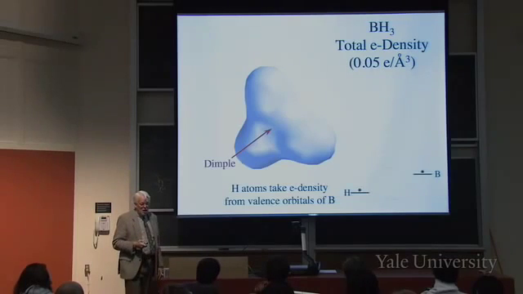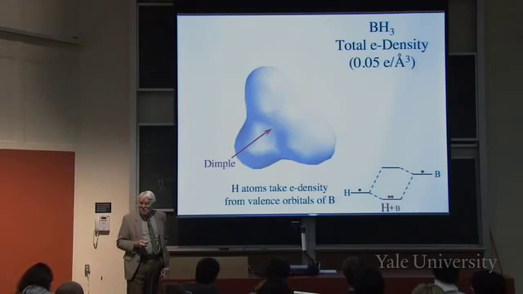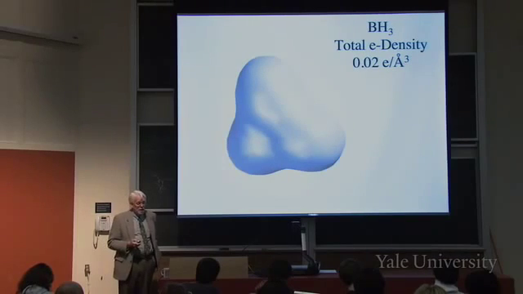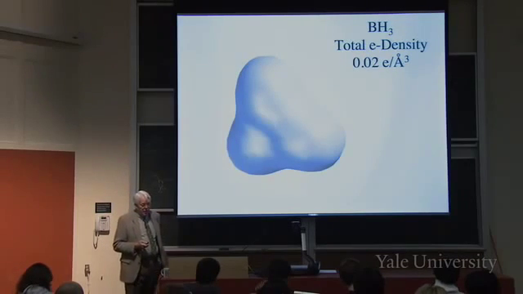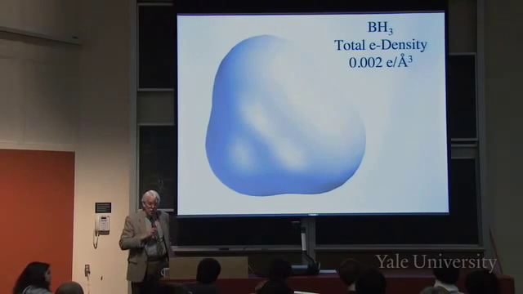So when you put the orbitals together, hydrogen is lower than boron, and the electrons in those bonds are mostly on the hydrogen. So you see that dimple in the middle because there's not much valence electron density on the boron. Now we go to 0.02 electrons per cubic angstrom, and finally to 0.002 electrons per cubic angstrom, which is